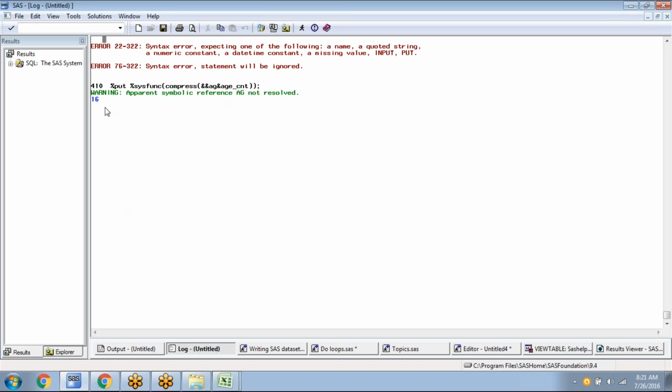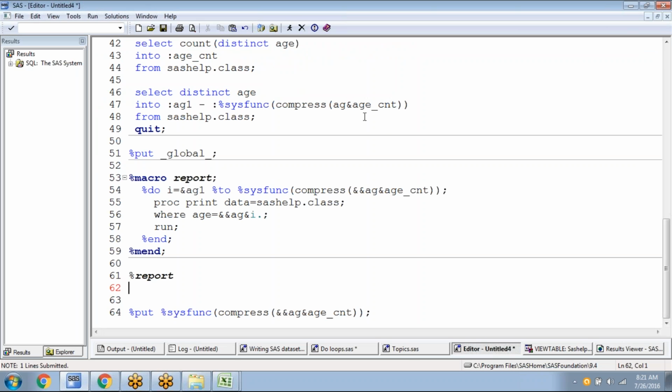I get 16. It's fine. Here I get 16. So 11. You go inside, and here I have to specify. I value will be 11, right? I is 11. So